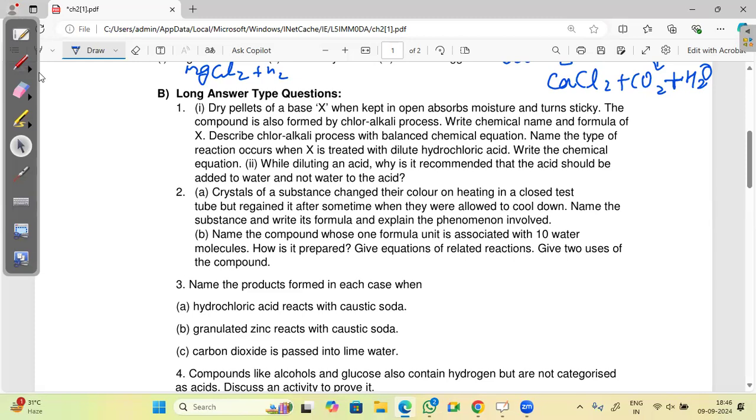I hope you are able to recall. Ammonia. Then you use